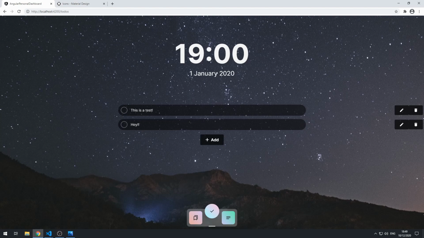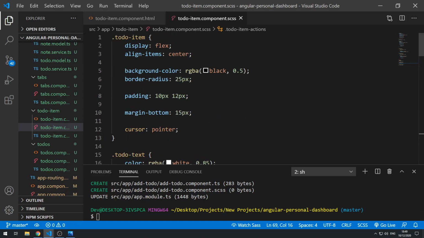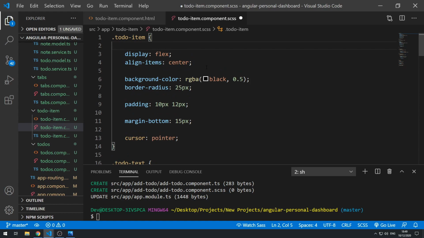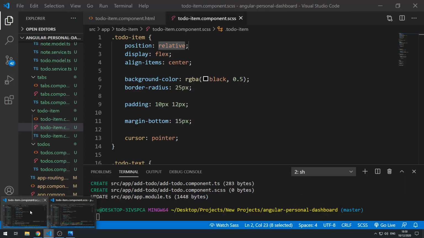So we should actually go back here and go up to the to-do item class, and we should probably give this position relative, right? Save that, go back to the application, and now that's like that. Cool. All right, so now the next thing we can do is we can now go and start styling those